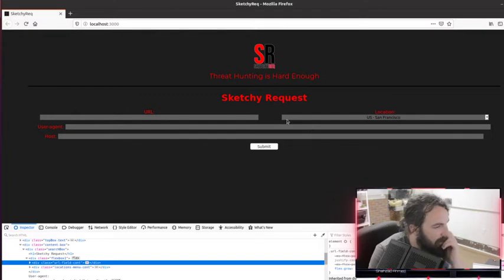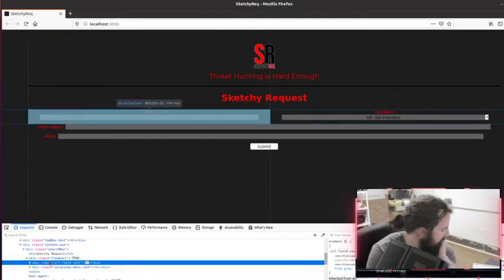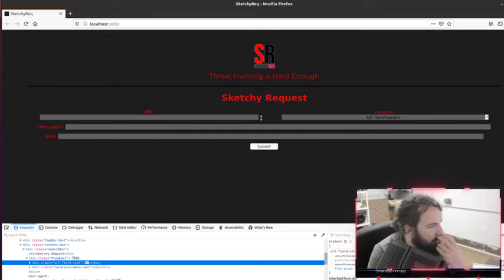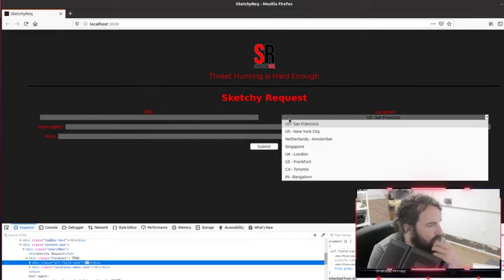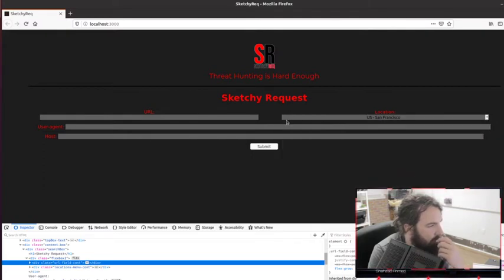Those look... Oh, see, now this one looks smaller. What the hell? Oh, that's so irritating. It's so weird that the music was off. Maybe I'm just looking at this wrong, but I swear those two fields are two different sizes. They shouldn't be. Okay, that is not a very significant problem. So I'm trying to figure out if I want user agent and host on the same line in the same way that these two are. I feel like I do.